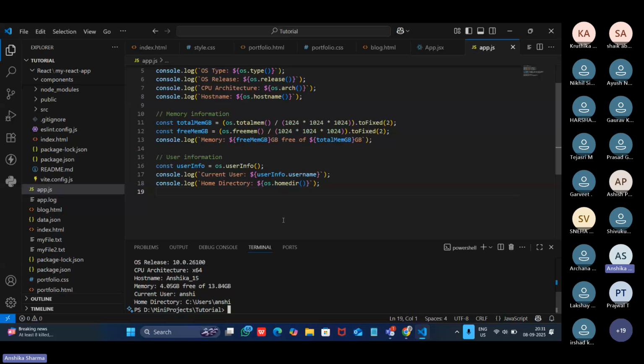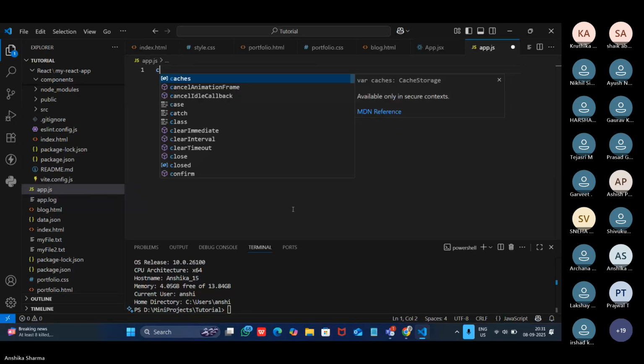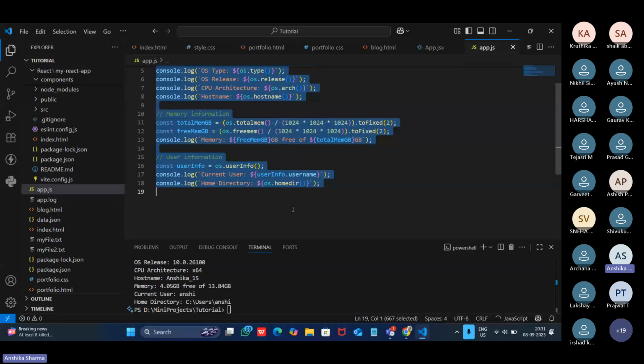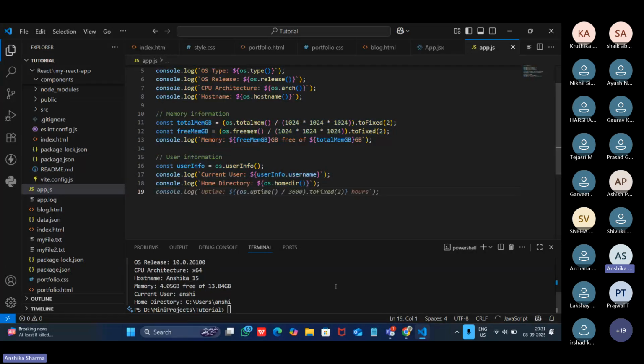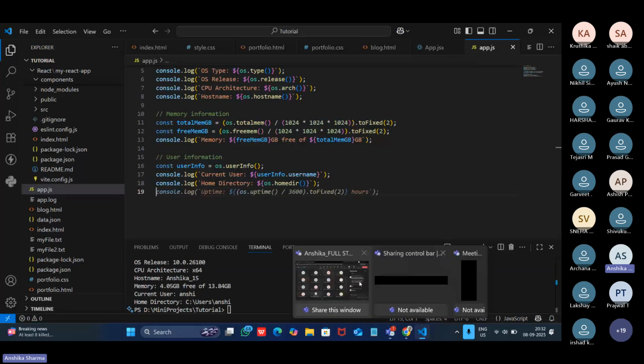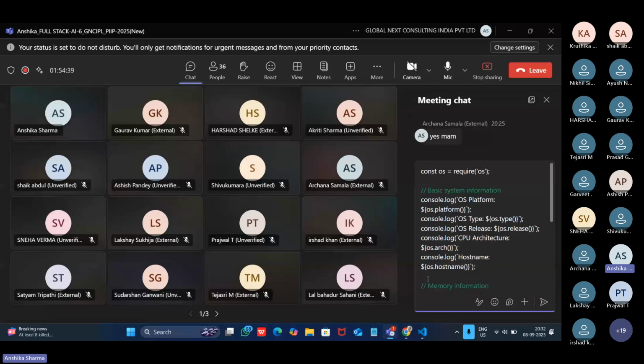All this information is available. Just try to run this code at your end also, see what you are getting, and then paste your screenshot over here.